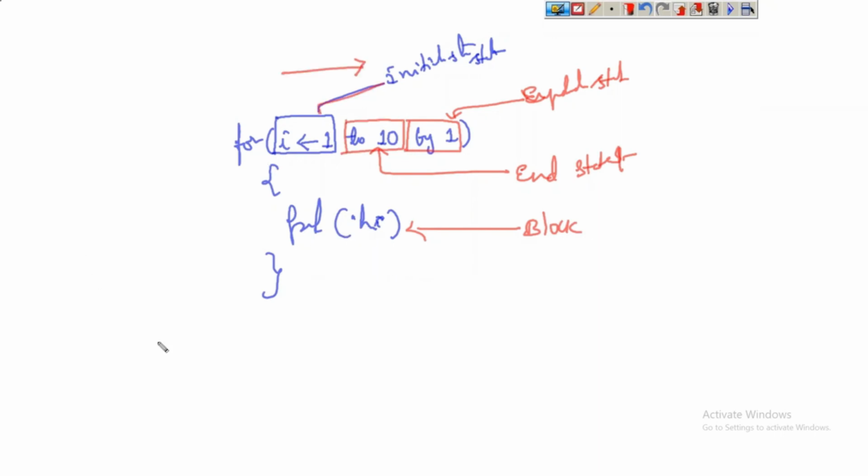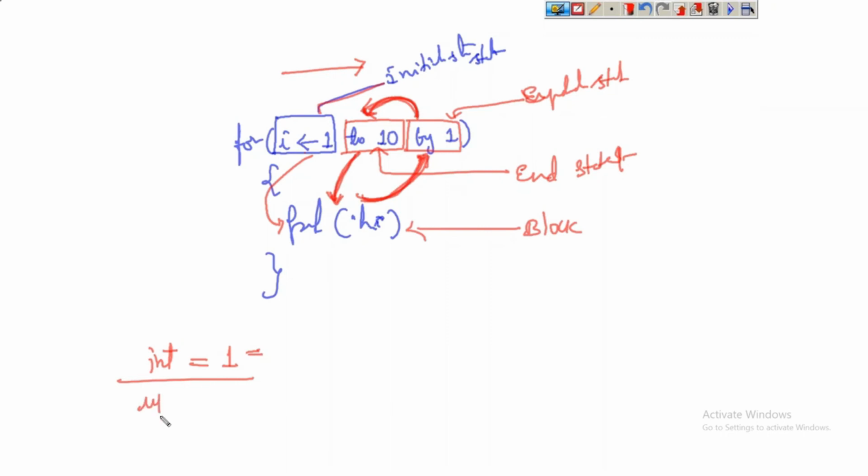Okay. The initial statement will be executed only once. Initially i equal to 1, i less than 10 becomes true, so it executes this. Next, it will be incremented by 1 and verify whether the value is less than 10 or not. So it is going to iterate like this. First, the i value will be 1. After printing, it is incremented by 1. Next, the condition will evaluate until it becomes false. The initialization statement will be executed only once.